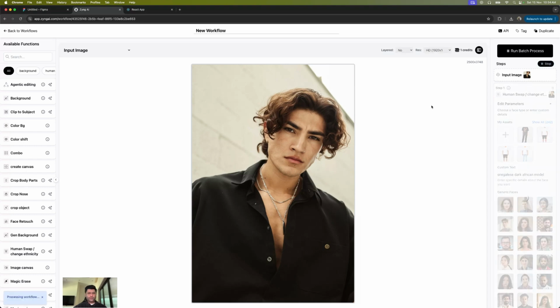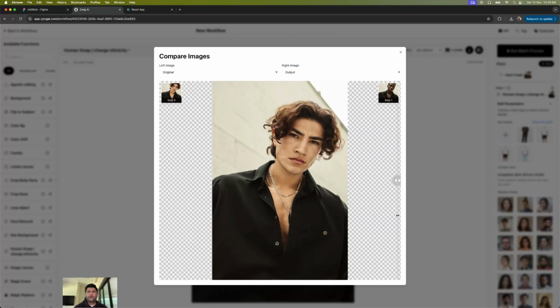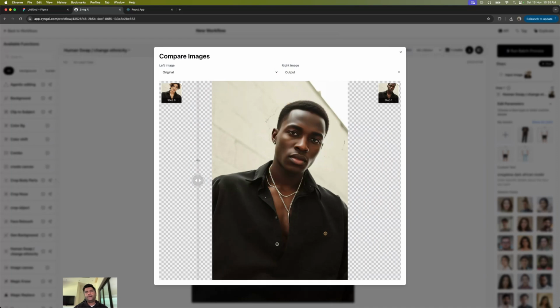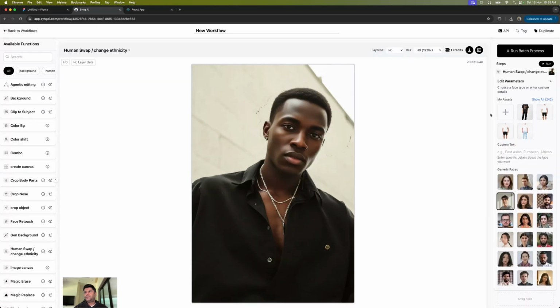So here I am trying to change the ethnicity, make him look of African origin, and maintain the whole pose, not play around with any of the details on the clothing, but completely transforming the actual look. So here now we have him transformed from this light tone guy to a little dark tone guy, and that is what is happening with the prompt. And the third one I'll show you with one of the pre-existing faces that we would have,